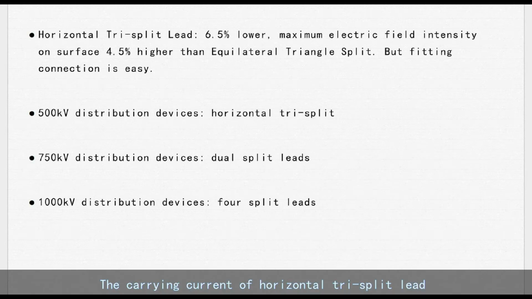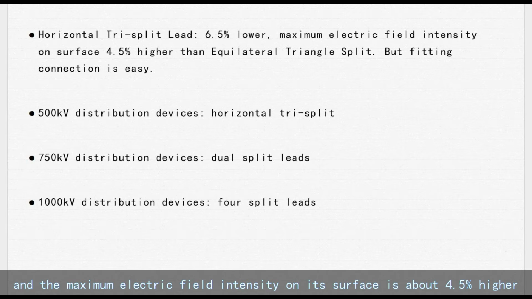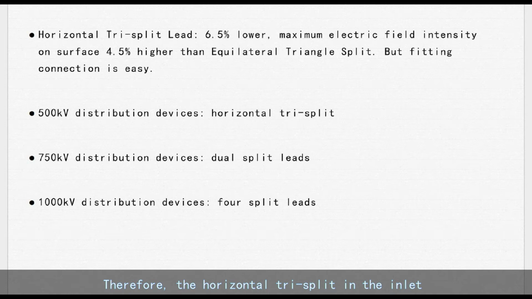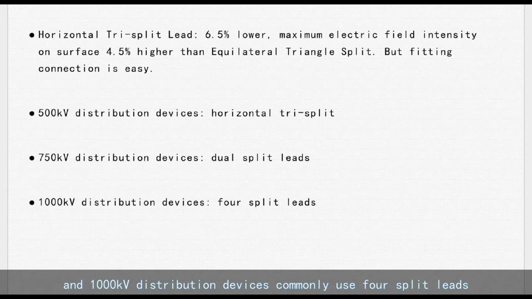The carrying current of horizontal tri-split lead is about 6.5% lower than that of the equilateral triangle split, and the maximum electric field intensity on its surface is about 4.5% higher, but its fitting connection is easy. Therefore, the horizontal tri-split in the inlet and outlet circuit with relatively small load capacity and more T-connection leads are used on some 500 kV distribution devices, while equilateral triangle tri-split are used for the main bus with large load capacity. At present, 750 kV distribution devices commonly use dual split leads, and 1000 kV distribution devices commonly use 4